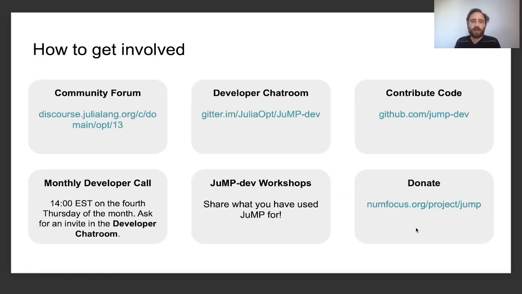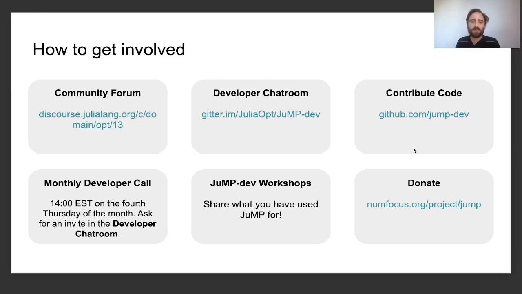So while we're wrapping up here, how can you get involved in JuMP? There are a few ways. You can go to the community forum if you have questions on how to use JuMP. If you have time, you can also go there and help answer other people's questions, which is also very useful. If you want to talk to some of the core developers, you can join the developer chat room. If you're writing new solvers or packages which extend JuMP, here's the best place to come and ask questions. If you have time, you can help us by contributing code or improving the documentation. You can do that by going to